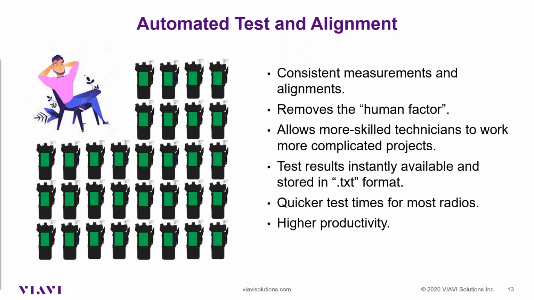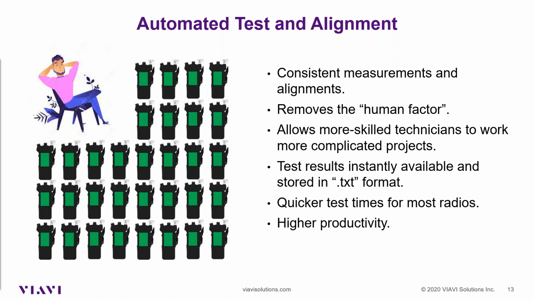So I say we have quicker test times for most radios. That's true, but even in those instances where it's not, a lot of times we're not really doing an apples to apples comparison when we say that it's not quicker. There are some instances too where it legitimately is not quicker to do it in an automated fashion than it is manually. Those times are rare, but they do exist. But here's the